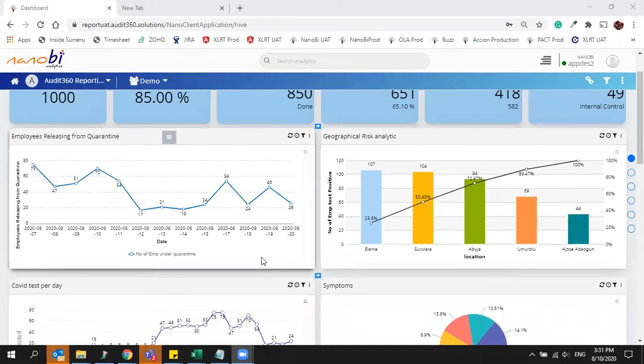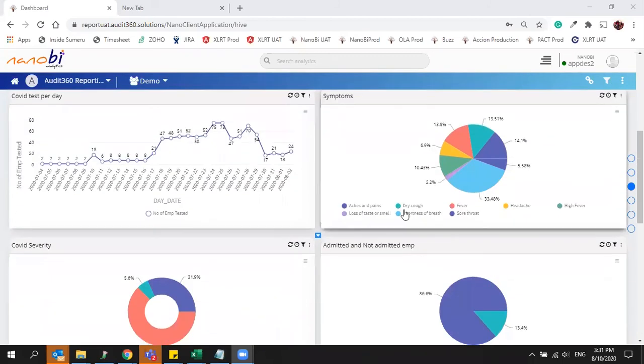It's a large industrial organization, so people cannot work from home, or working from home is not going to help them. It's a factory kind of a setup where people have to come to their premises. So they wanted to track who's going to come when, and they had 5 different units. So at the unit level they wanted to track the risk that is actually there. Then the number of COVID tests happening at the organization level.